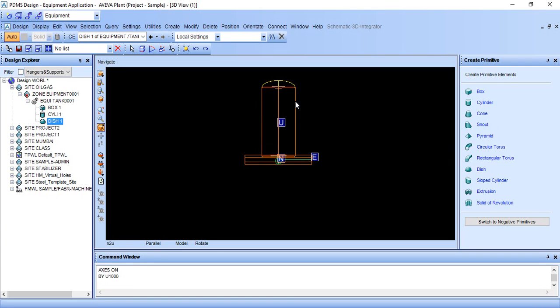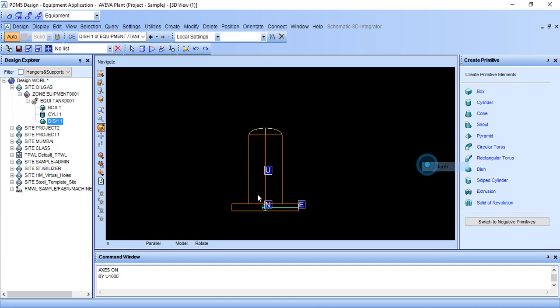You can use this command also if you know the distance. And if you want to go east side, just type by east and give the distance 3000. It will come like this. If I want back, e minus 3000. So you can give any command like this: north, east, west, south, up, down. If I want the original position, by down 1000. So it will come like this.